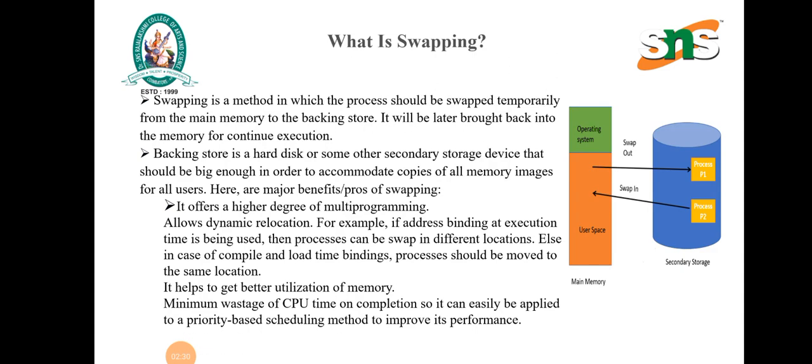And here we are going to see about swapping. What is swapping? Swapping is a method in which a process is swapped temporarily from the main memory to the backing storage, and later brought back into the main memory for continued execution. Here a small diagram is given with process 1 and process 2. An operating system uses swap in and swap out. The benefits are minimum wastage of CPU time, easily applying priority, and